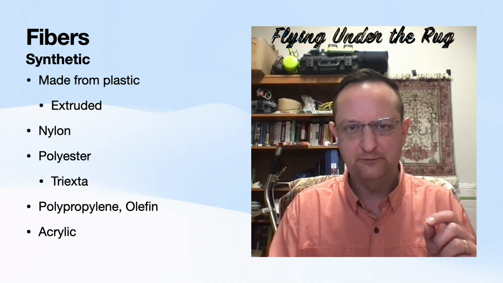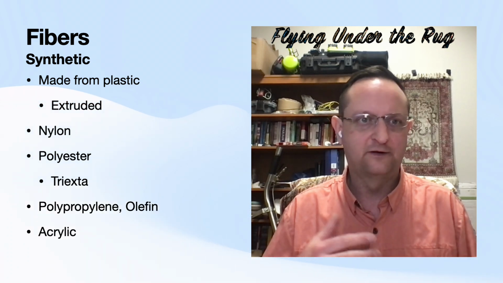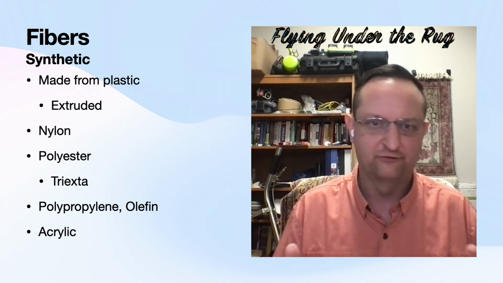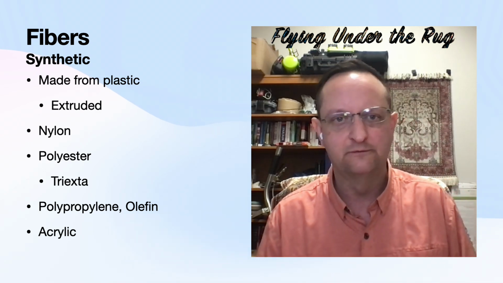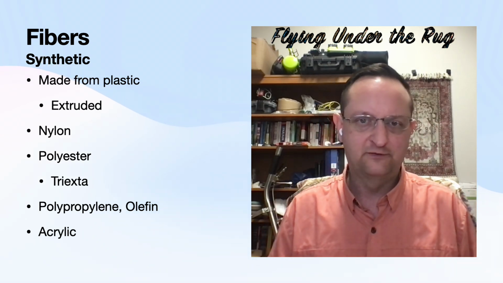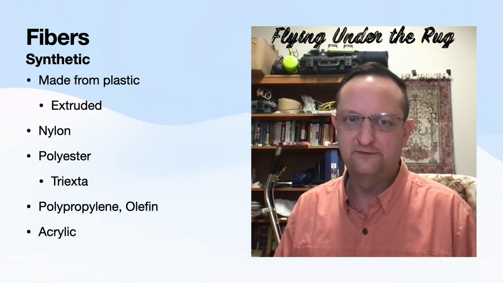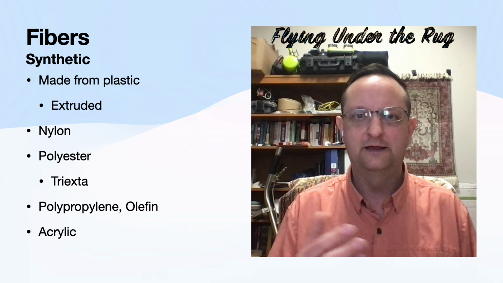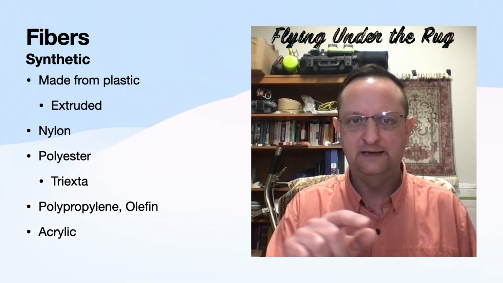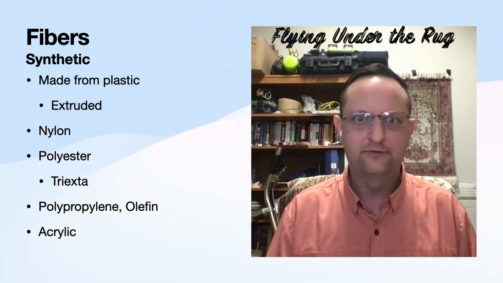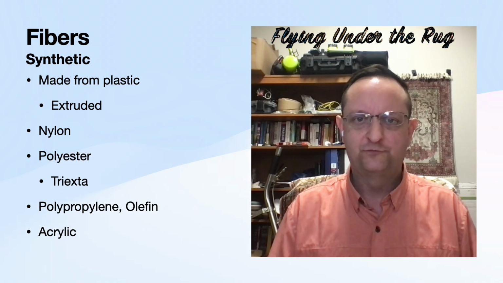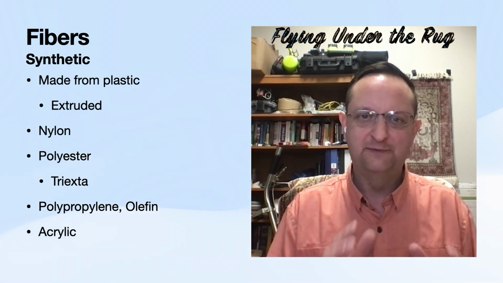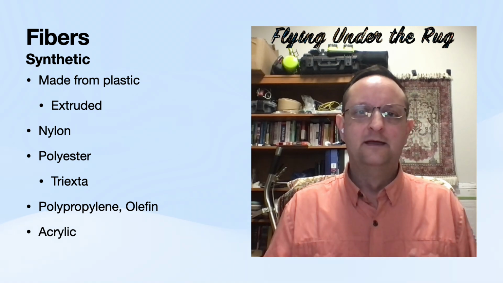Those nylon fibers are really good because they're flexible. They withstand a big beating. They're strong. They're a really good fiber. Polyester is another one, and that is often seen as PET. So you'll see it on clothing as polyester. In carpets, you're going to see it as PET. That stands for polyethylene terephthalate. Try saying that 5 times fast. Doesn't mean that it's pet friendly. It just means that it's a plastic.